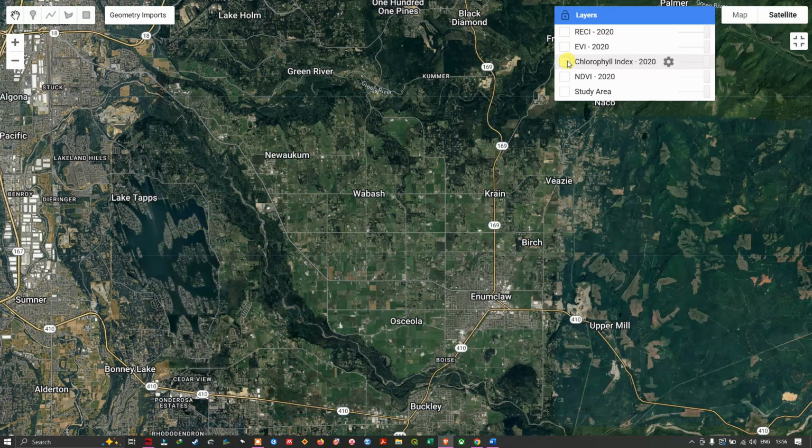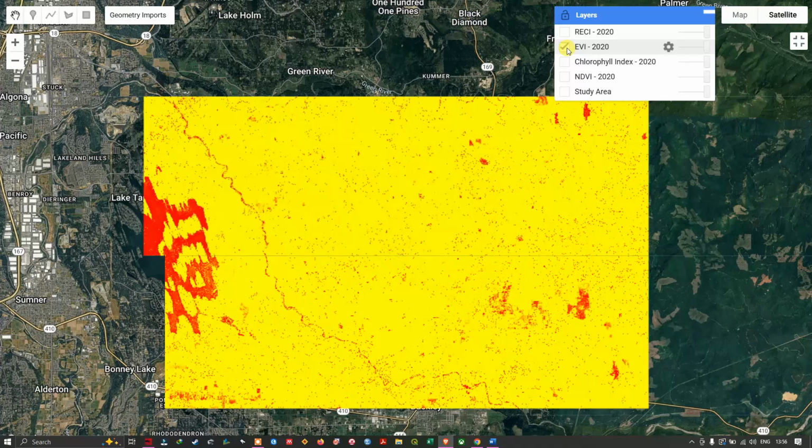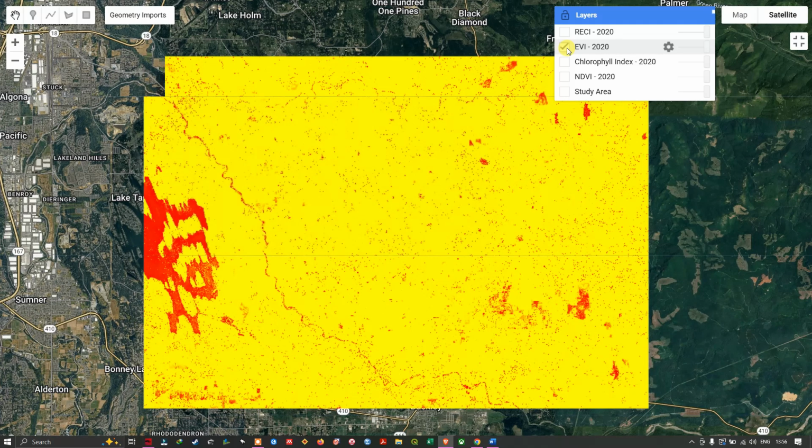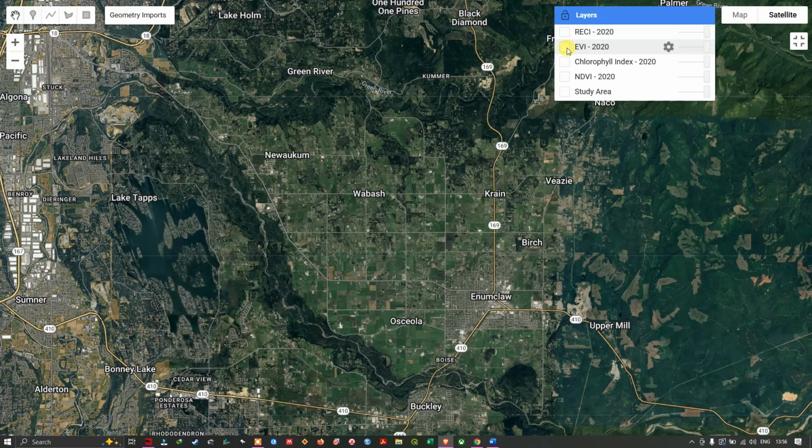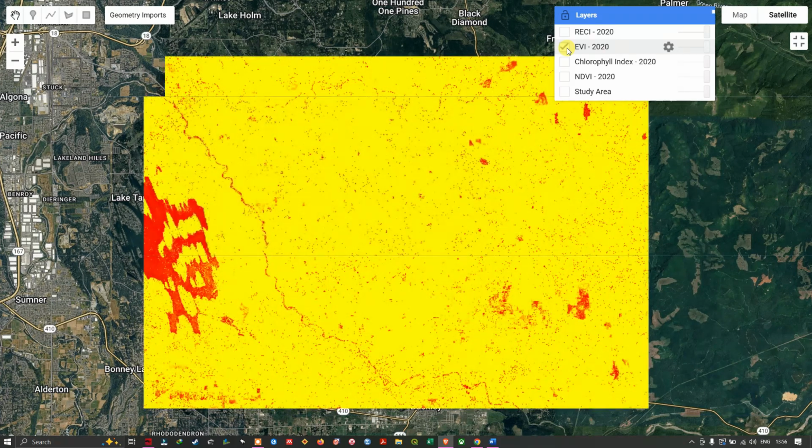And similarly, we're going to visualize the enhanced vegetation index. Here you can see, this particular index is more suitable for dense forest. For example, this study region doesn't have any dense forest. So this index is more suitable for dense forest. The red areas indicate the low EVI values, and all the yellow areas indicate the high EVI